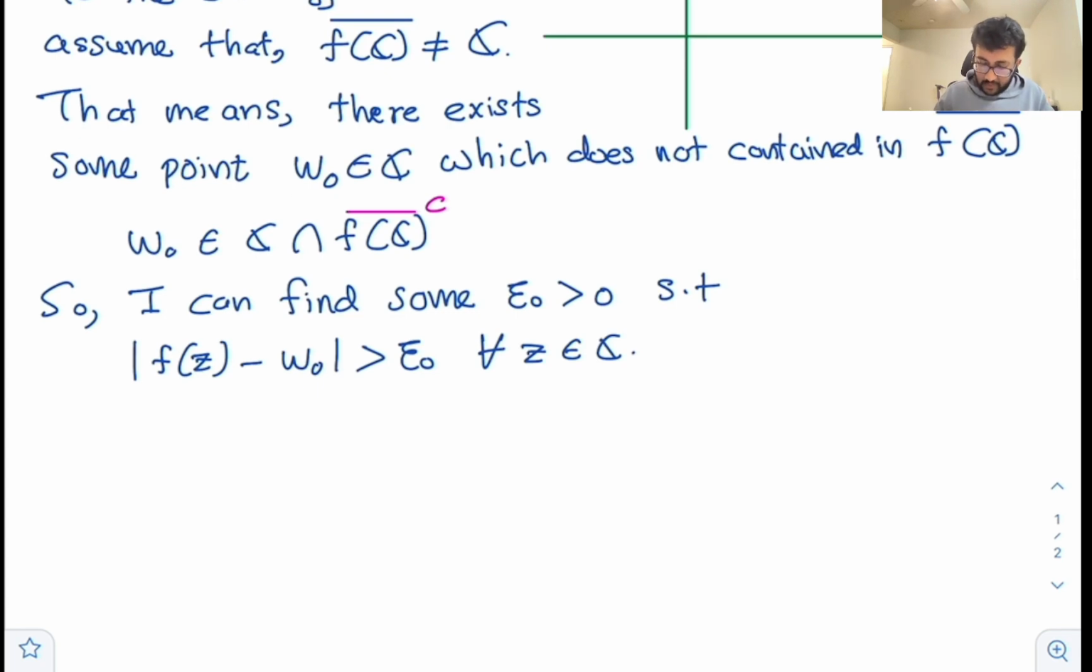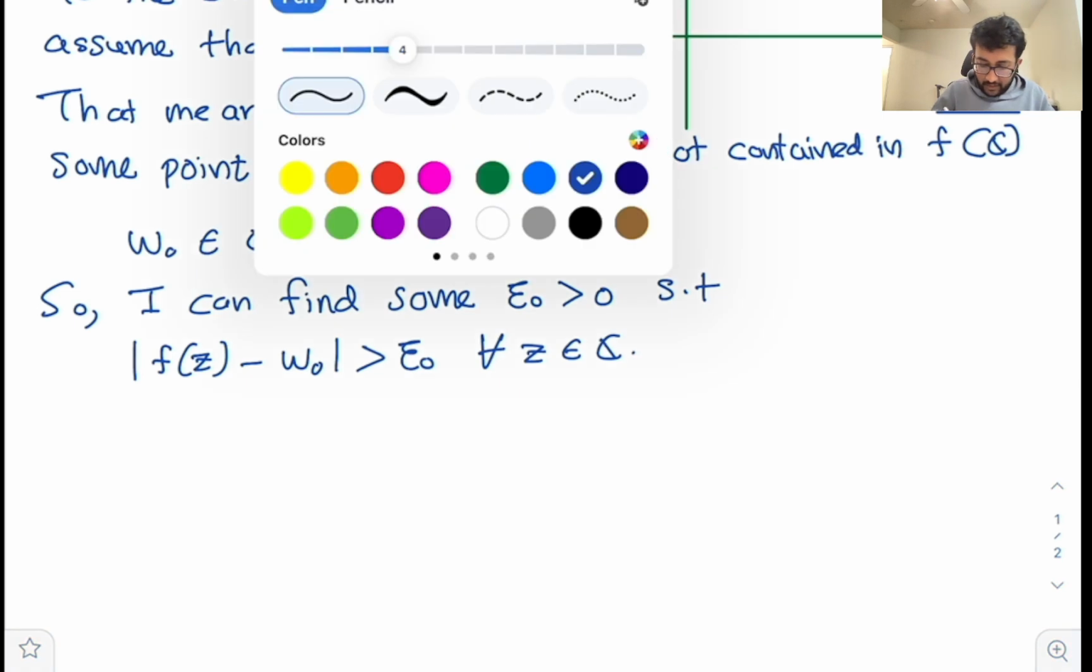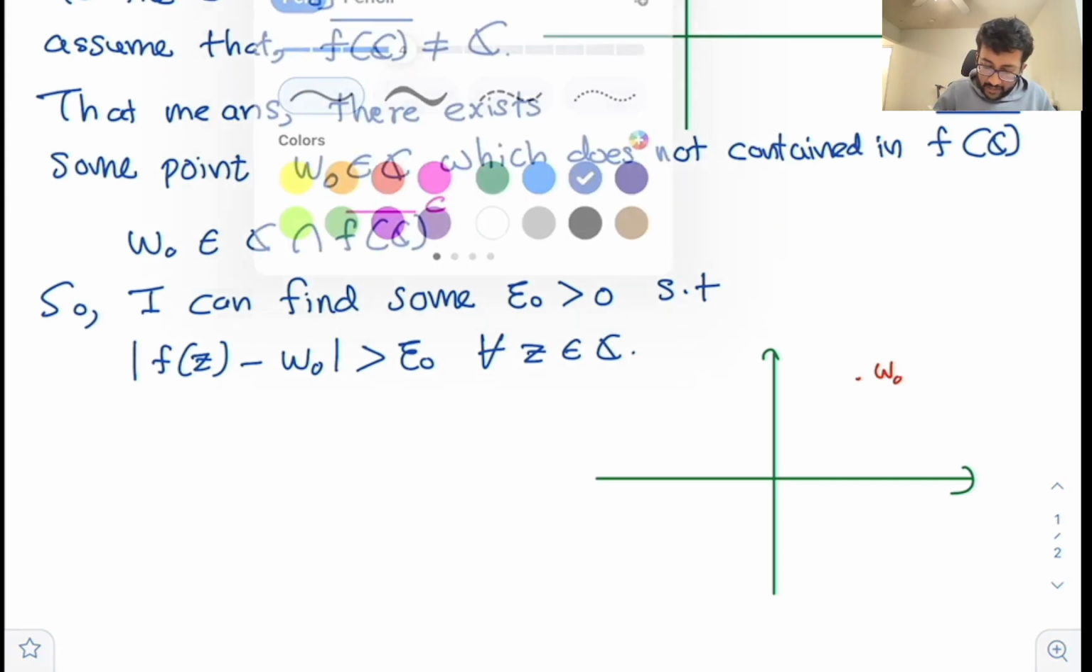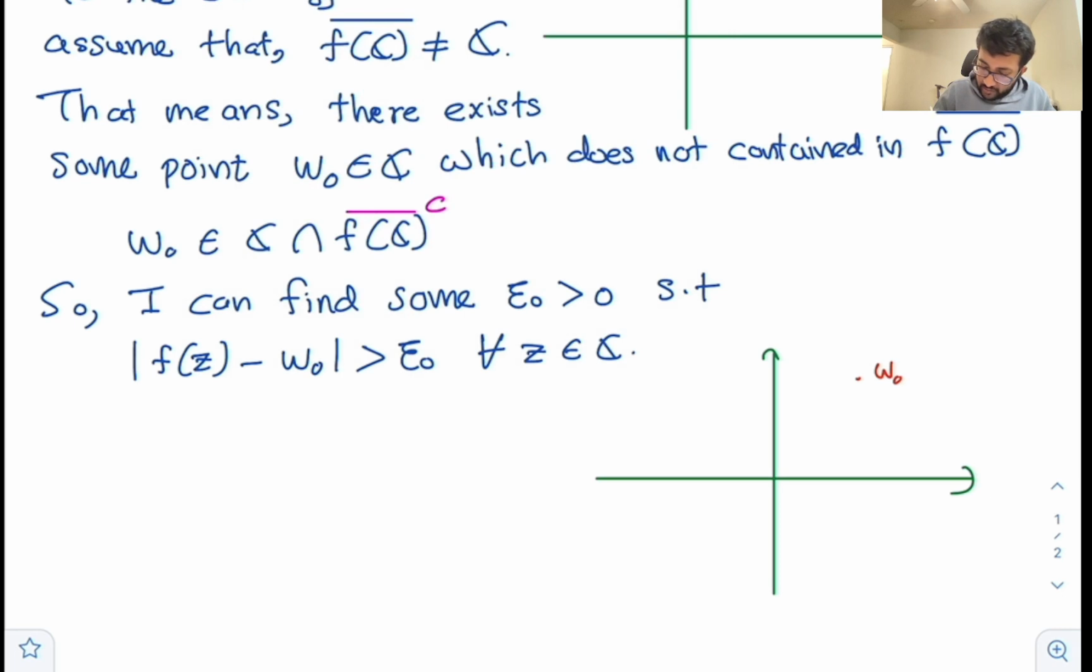Okay, so I'll draw a small diagram to elaborate this idea. This is my complex plane, and I have a point that does not belong to the closure, so it is w naught. Because it does not belong to the closure, I would be able to find some neighborhood epsilon naught, right? So this is my disk whose radius is epsilon naught,